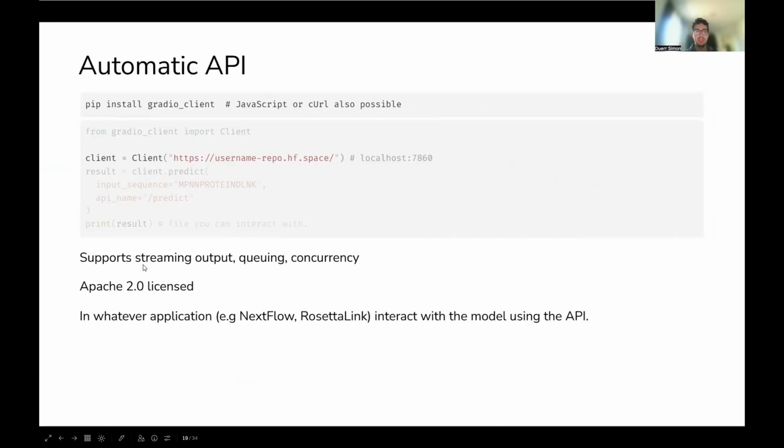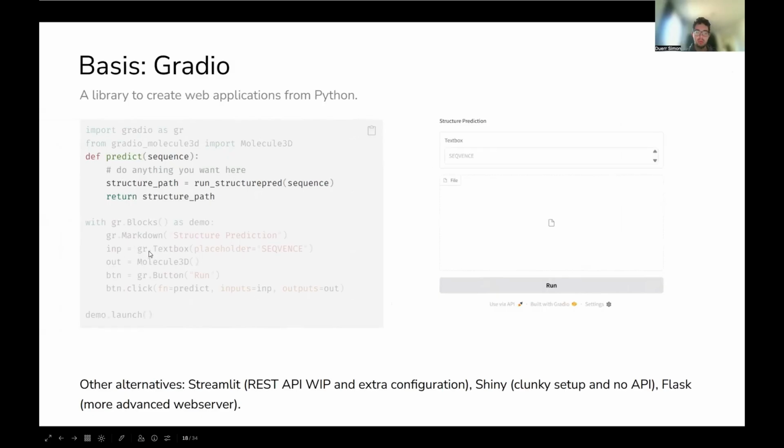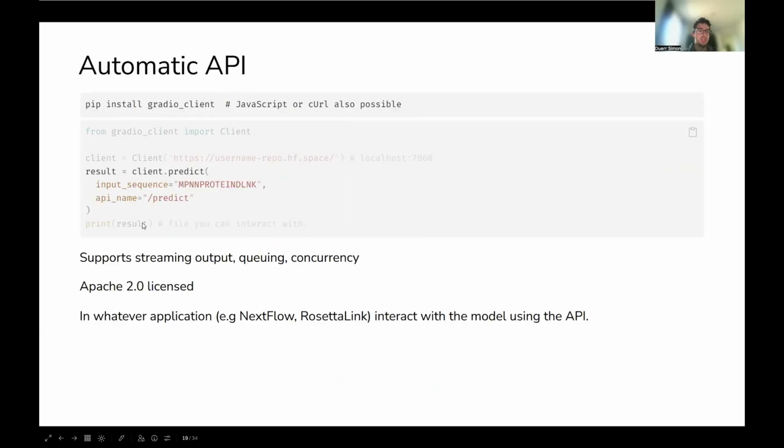The first one is that basically you automatically get this API interface. For example, for this ProteinMPNN app, if you want to use it using an API, you install this client library, but you can also do it using just normal CURL or HTTP requests. And then you initialize your client, and then you can run predictions by providing the same input argument. So here, for example, I have this input sequence. If I go back here, just this input text box, and in the API, it basically looks the same. And then if I get the result, it will print me the PDB file.